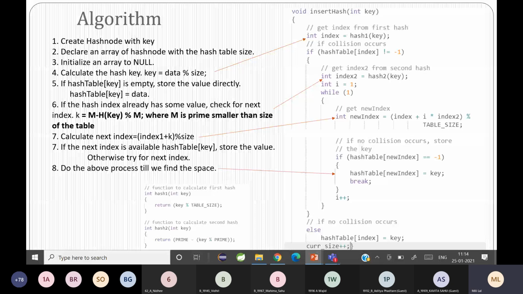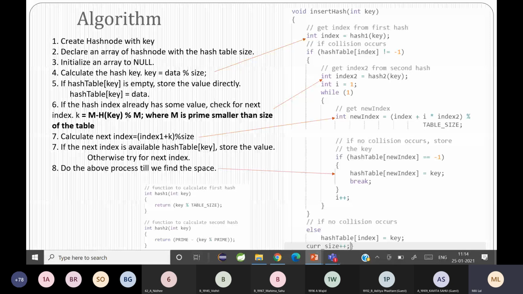Fine. So going to the next, I hope nobody has any doubt. Can you all try this and see at home? And if there is any doubt, please let me know. Fine. So can somebody tell me the difference between linear probing, quadratic probing, and double hashing?